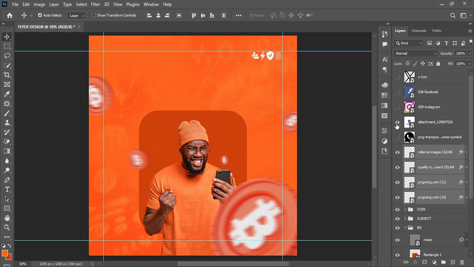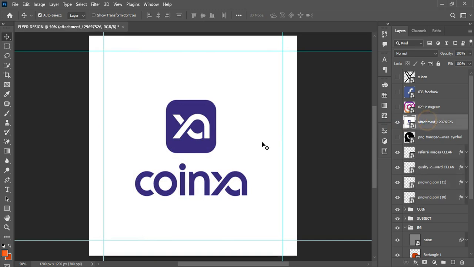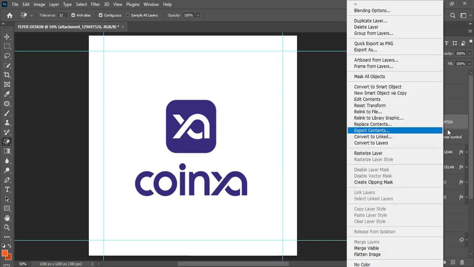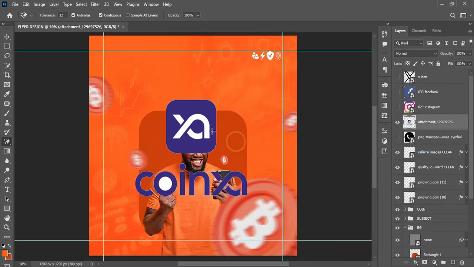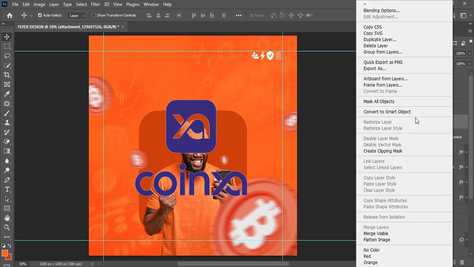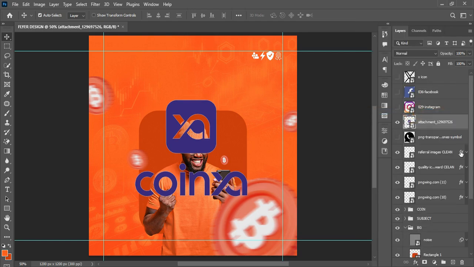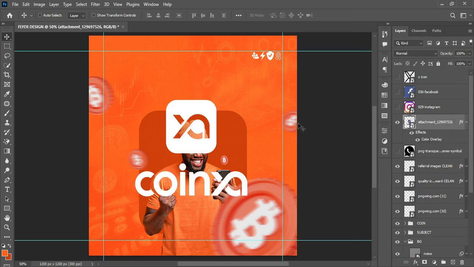So the next thing I would like to do, I will be using this image as the brand logo mark. I don't know if this is an actual brand to see, so I'll right click and convert this to a rasterized layer. I'm not certain this is an actual cryptocurrency brand, this is just for educational purposes. So I got this from Google to be precise, so I'll right click and convert this to a smart object, and I'll hold Alt, left click on the FX, drag it and apply it on this as well. Ctrl T to transform it out